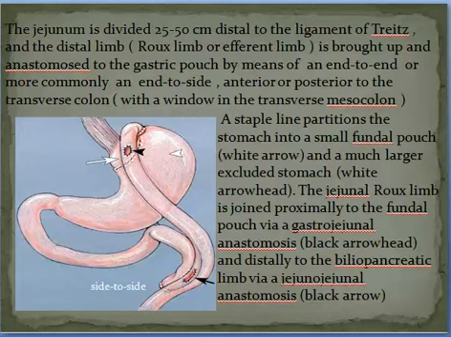The jejunum in Roux-en-Y operations is divided 25 to 50 centimeters distal to the ligament of Treitz, and the distal limb, the Roux limb or efferent limb, is brought up and anastomosed to the gastric pouch by means of an end-to-end or end-to-side anastomosis, either anterior or posterior to the transverse colon, and sometimes we need a window in the transverse mesocolon if we are doing it posterior, and then a staple line here